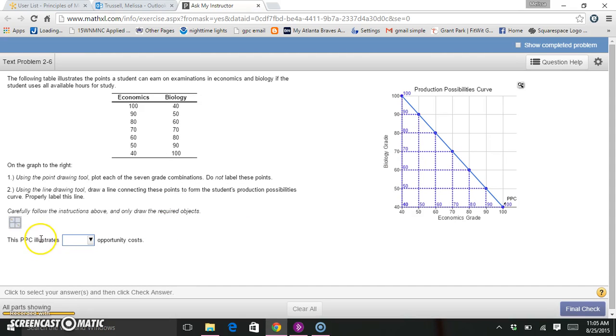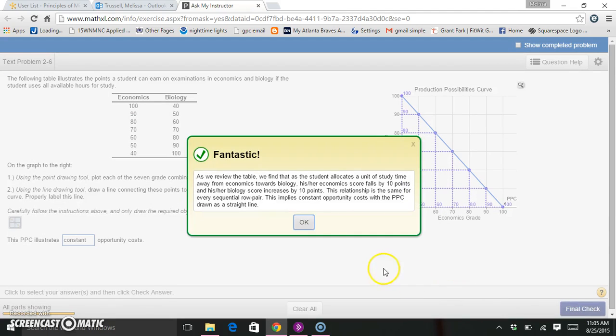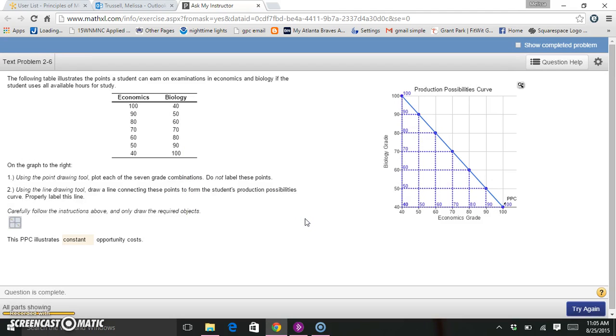The last thing it asks me is whether this illustrates increasing, decreasing, or constant opportunity costs. And we know since it's a straight line, it's not a curved PPC, it's a straight line. This means we have constant opportunity cost, which you also can find by doing the math up top in the table to see what your opportunity cost is from the beginning down to the end, if you want to do the division and figure out your opportunity costs in that way. Final check,